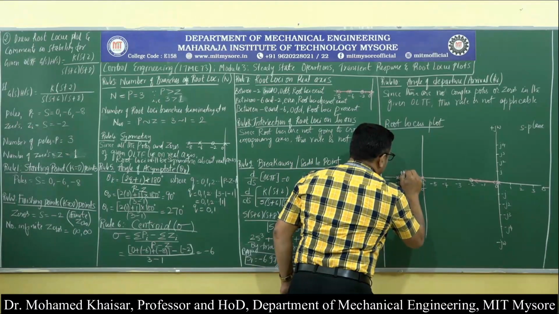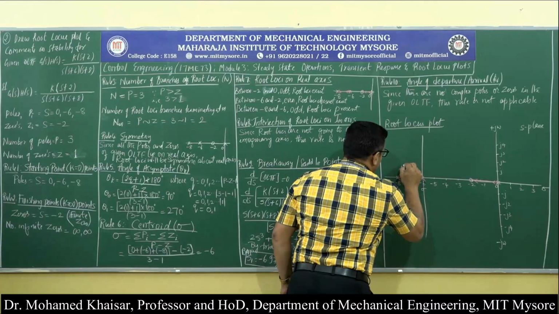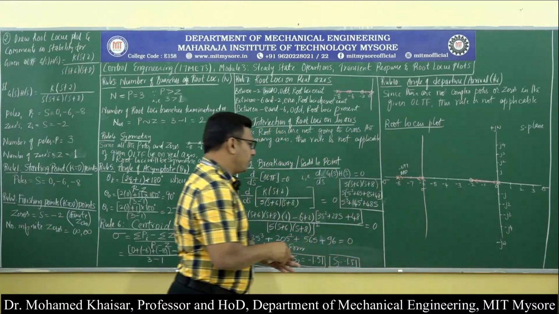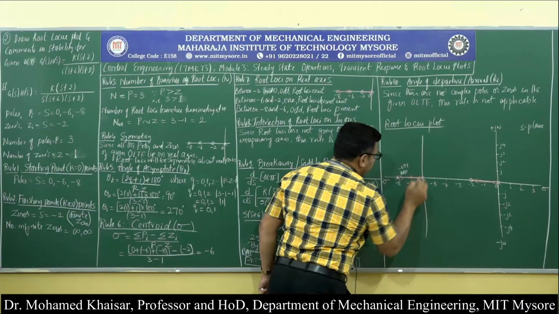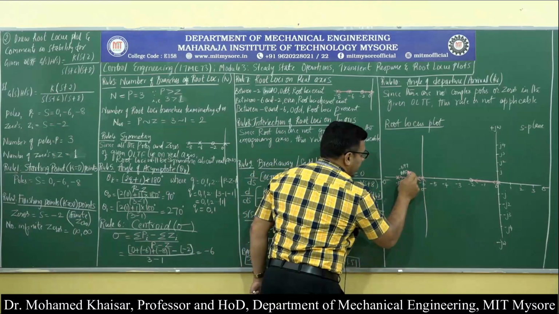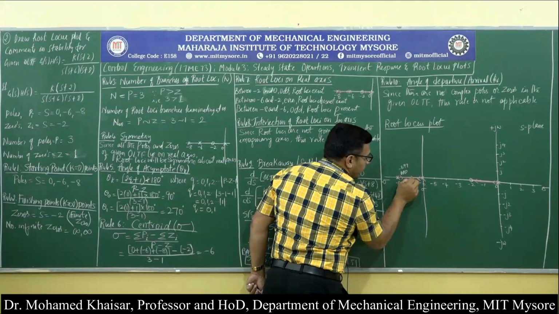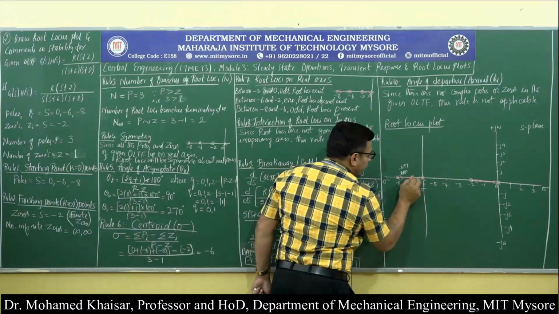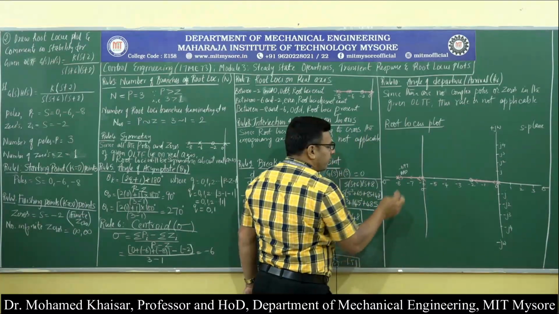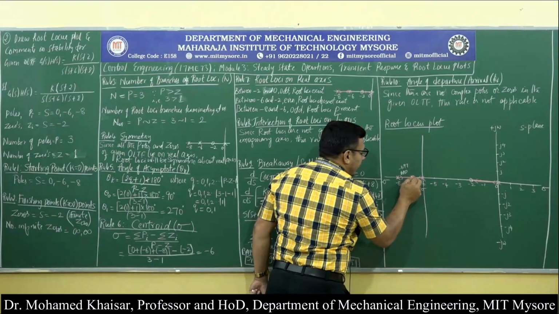So, breakaway point is here, minus 6.97. From here you will write. So, from minus 6.97, what you will do is at this point you will start it, and how it will go? It is not a straight line, so you cannot straight away draw a straight line. What you will do is from minus 6.97 on the negative real axis, you will mark a point BAP, and then